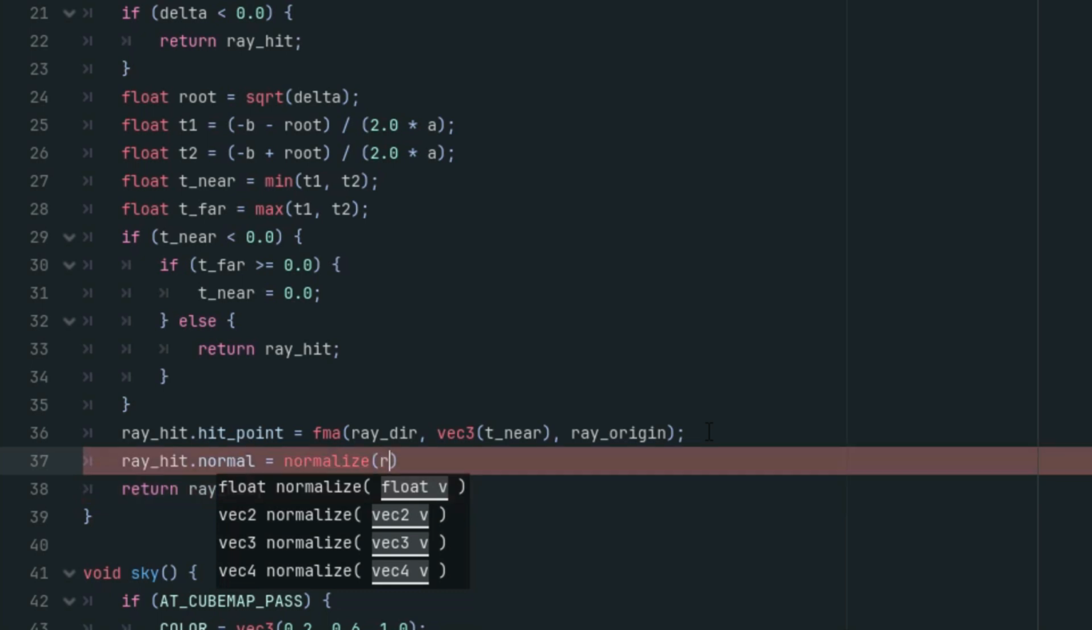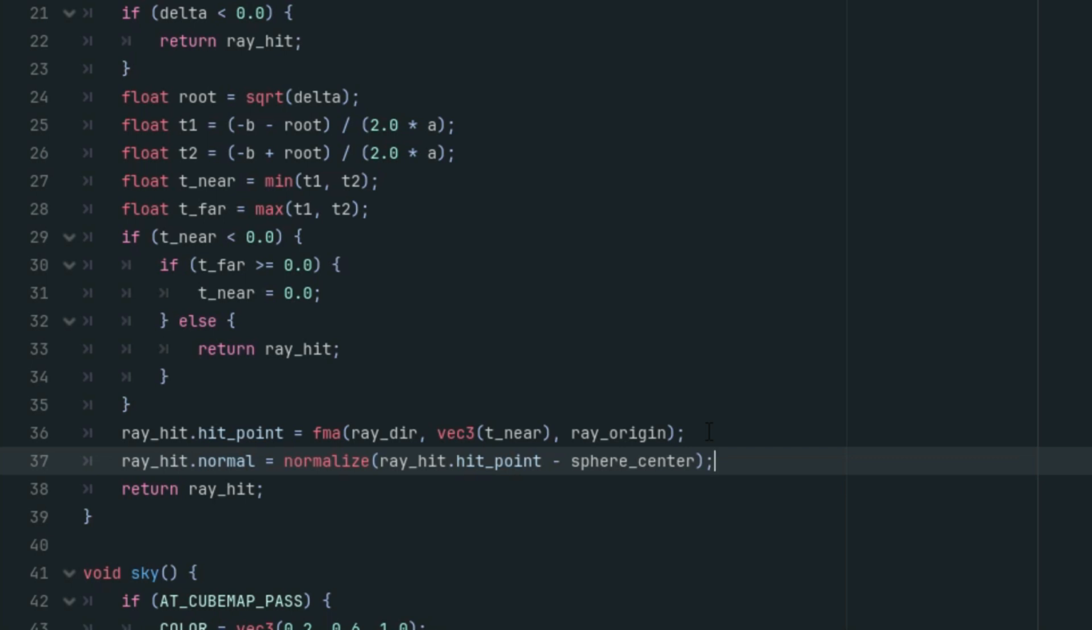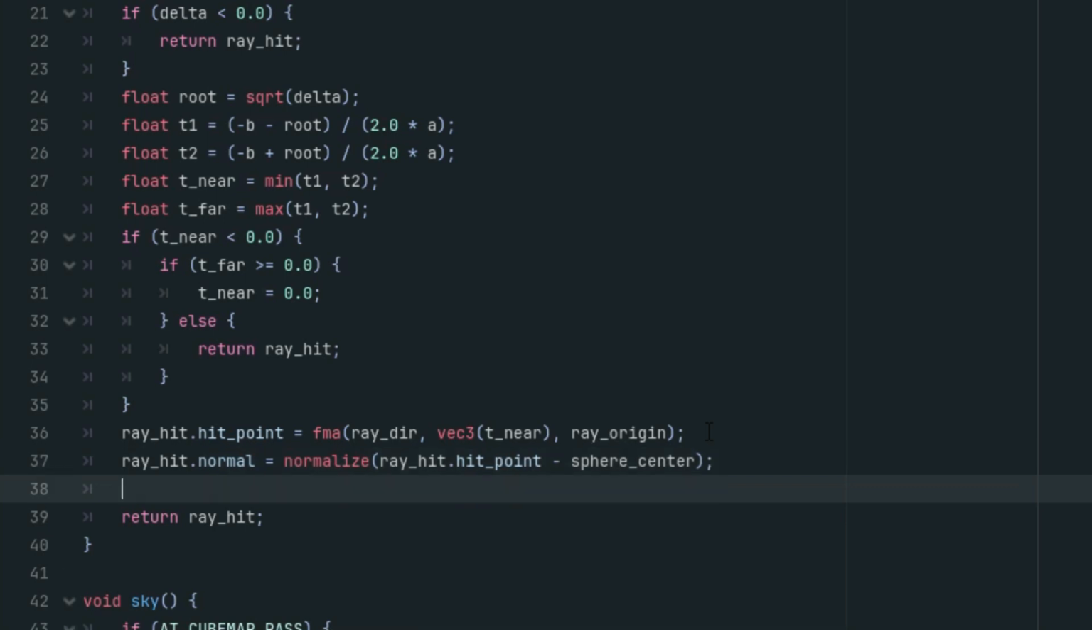Normalize, and as I said, ray hit point minus sphere center. Great. And at this point we know that we had some hit, so let's set it. Ray hit is a hit is true, and this is it. This is the function. So that was the first one, and now we'll need to recalculate the UV coordinates for